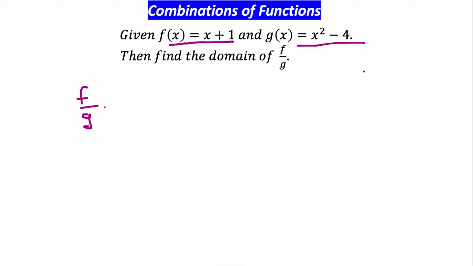So in this case, for example, we have x plus 1 divided by x squared minus 4. So this function we already see is a rational function, and when we are looking for the domain of this function, we